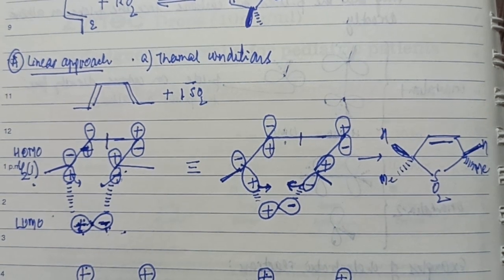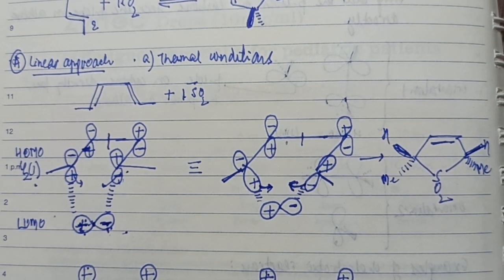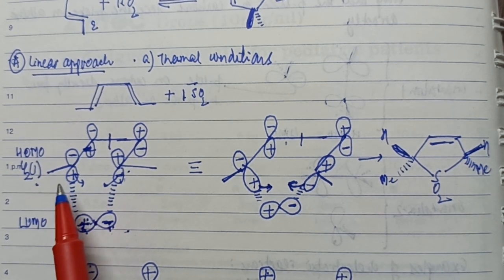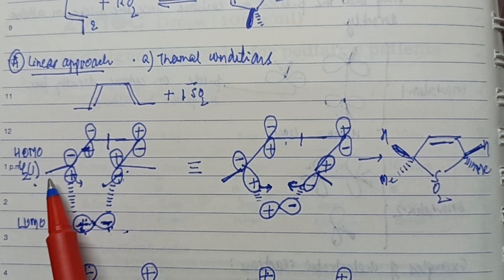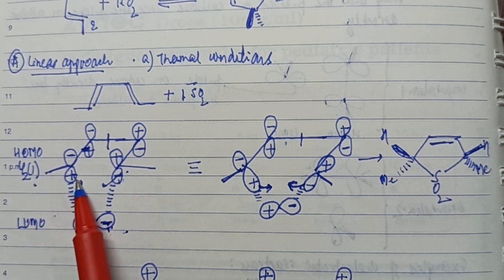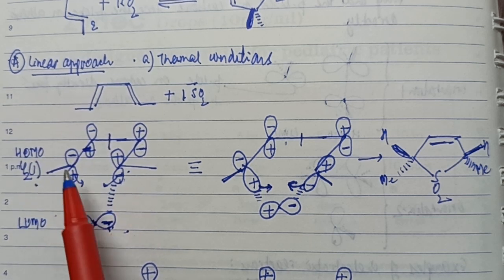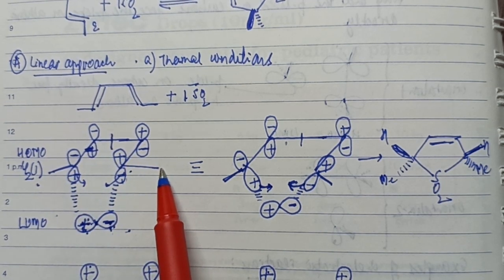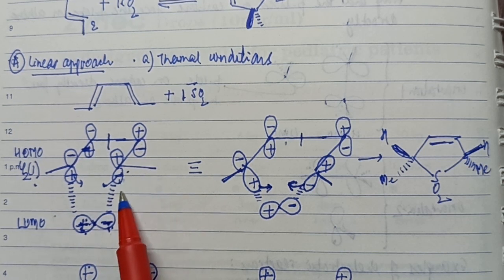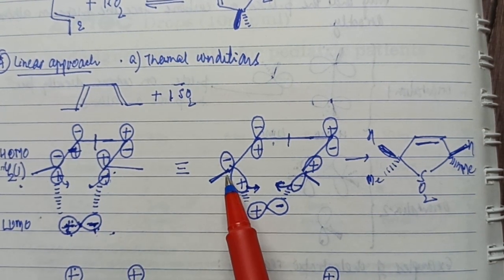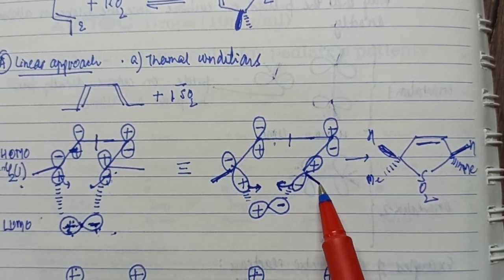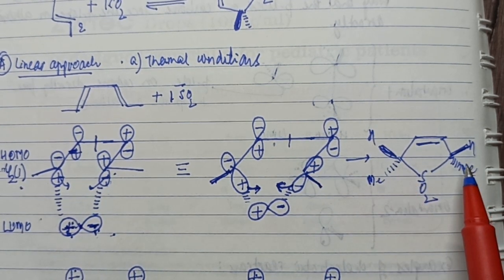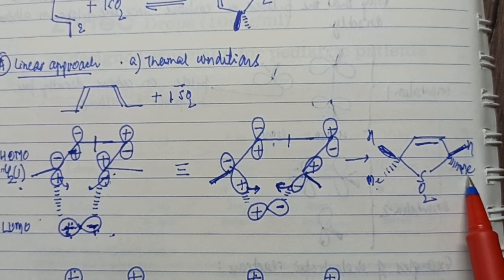And if you understand that it is a disrotatory mode of ring closure, this would mean that if this lobe is moving in this direction, the methyl will go below the plane, because once this lobe moves in this direction, the methyl will also follow and go below the plane. Similarly, if the methyl is in this direction on this lobe and this lobe moves in this direction, the methyl will also go below the plane. Hence, ultimately in the product, once these carbon atoms assume sp3 hybridization, both methyls are going below the plane.